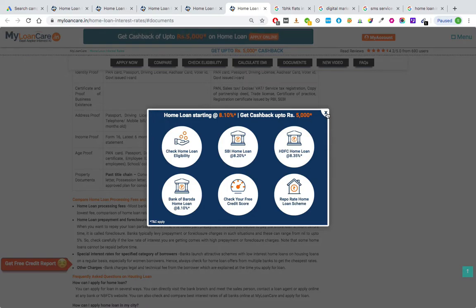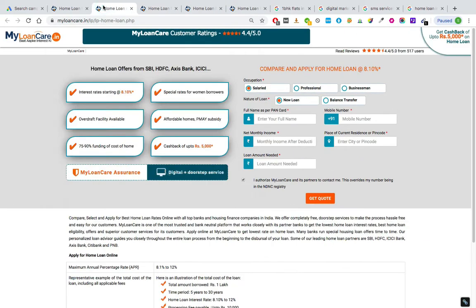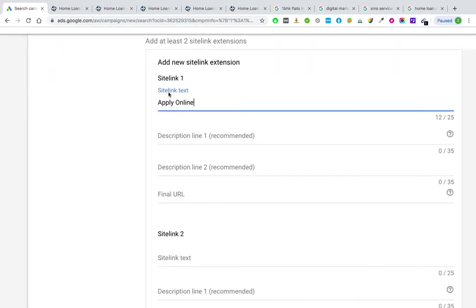Okay, good. So we have around 4 options in front of us. So let us say this is the first option, compare and apply for home loan. Okay, apply directly. So my first site link can be apply online. Okay. Now site link text.